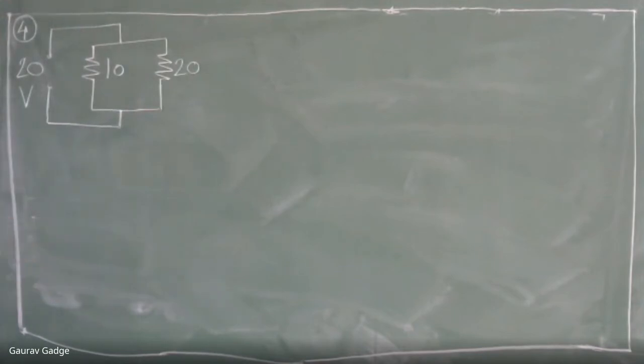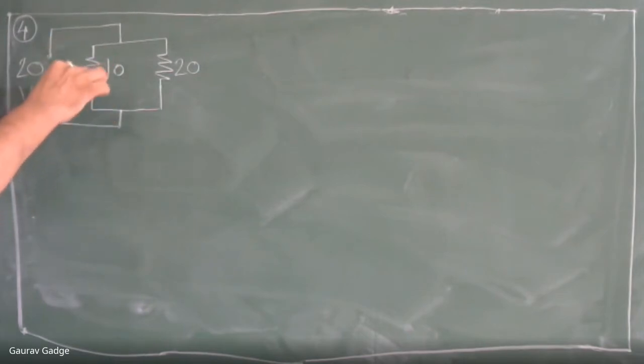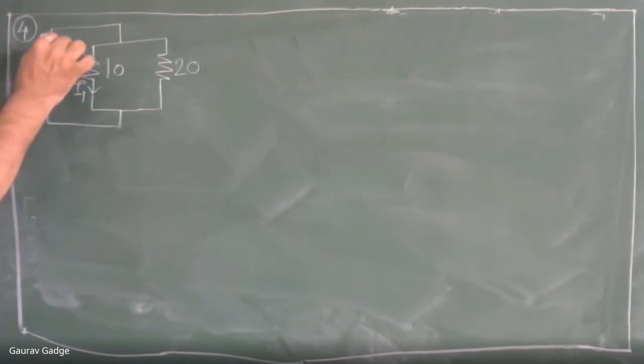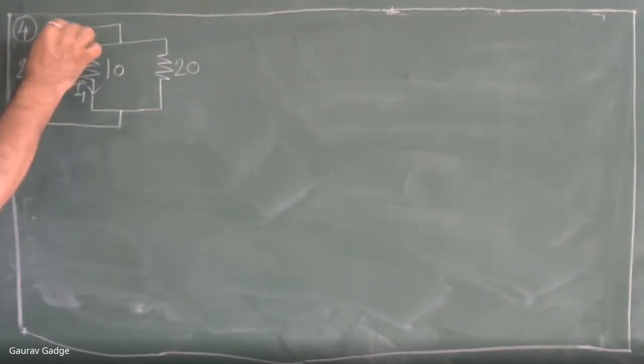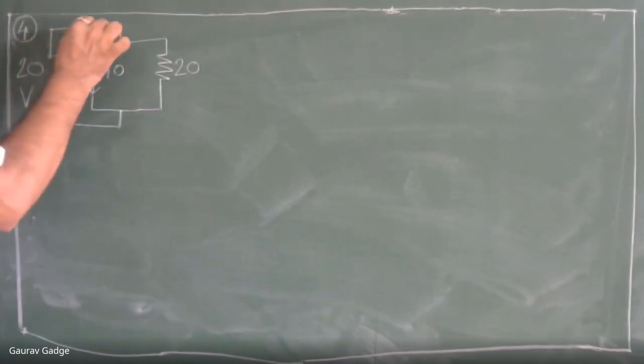Again, you have to calculate the currents through the respective branches. So I now call this current I1. See why I am indicating the current I1 direction downward: because positive is given upward, and negative is present here. So with respect to this positive terminal, current starts from the positive end and passes through this branch.